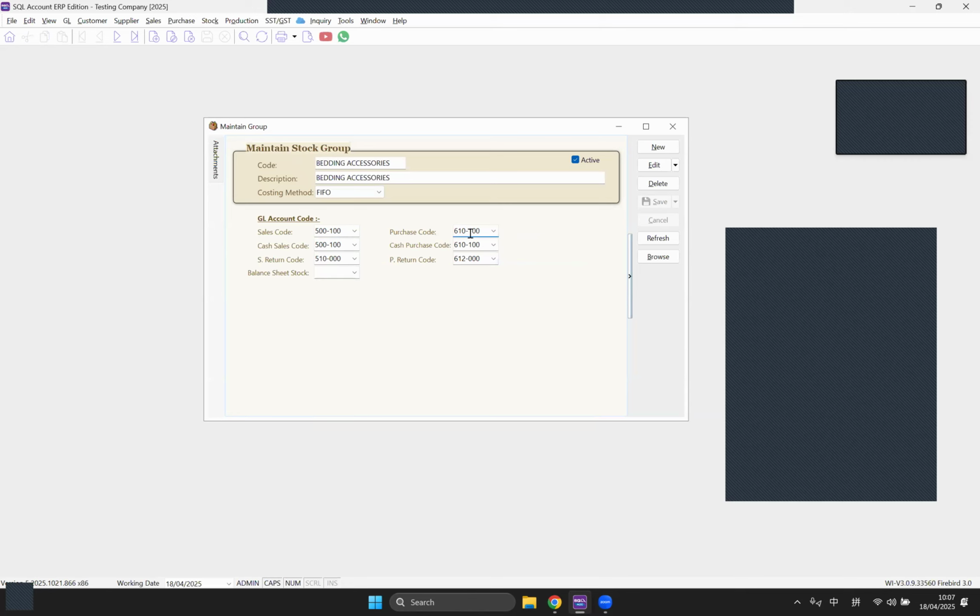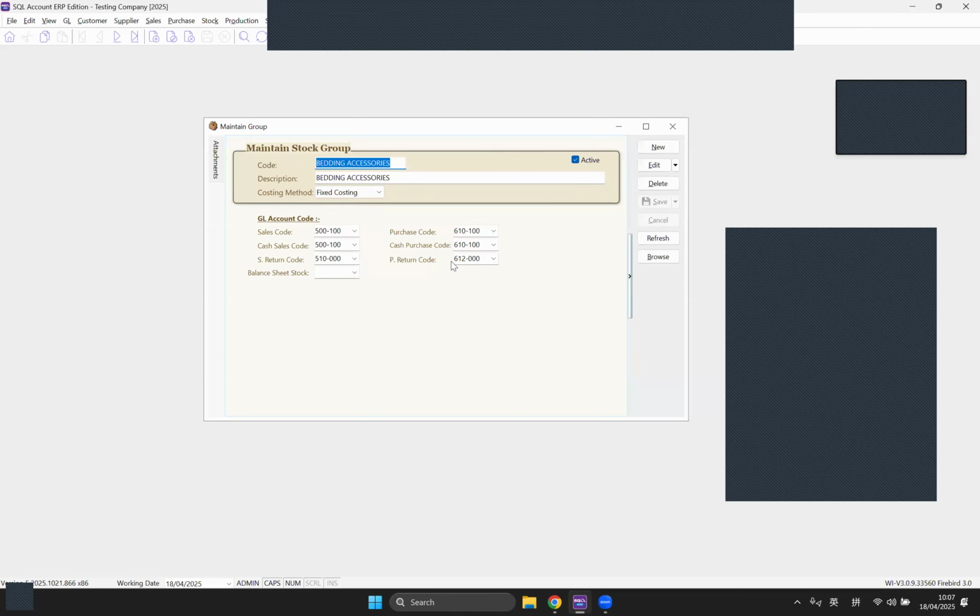So same for the others as well, you put in all of it. Right now I will show you what is the difference between the costing methods of these three. The first one I will show you is the fixed costing. I click edit and change it to fixed costing. Fixed costing means the system will be using the costing that you insert inside the